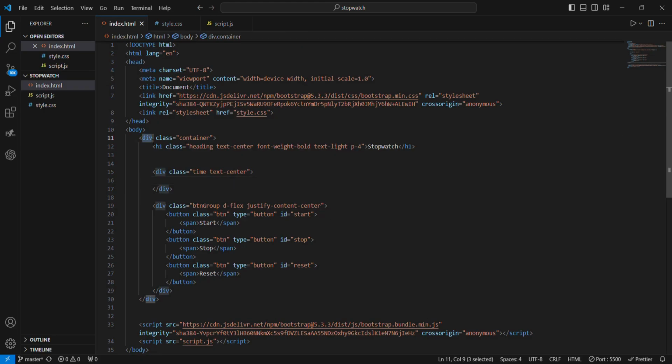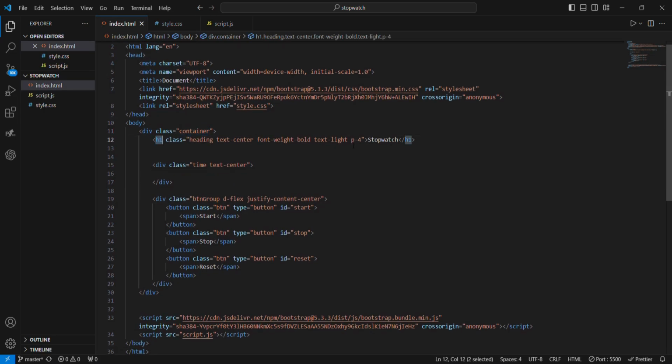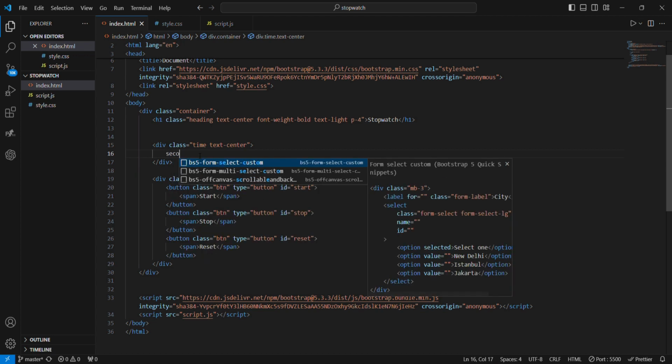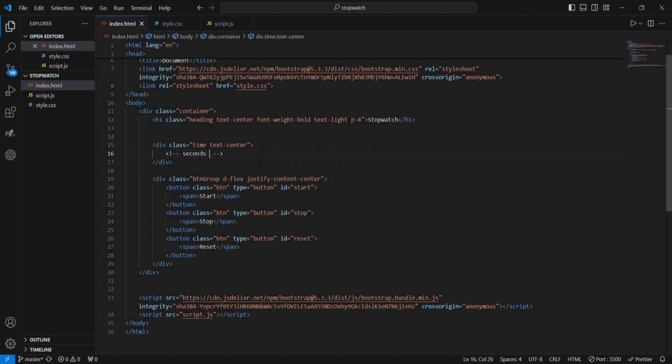In this HTML page, here is the main div with class container. In this container, here is the h1 tag with the heading Stopwatch. After this, there is a div with class time and the text-center Bootstrap class, which contains the time which is shown in seconds on the browser page. And after this is a div with class btn-group, which contains all three buttons, namely start, stop